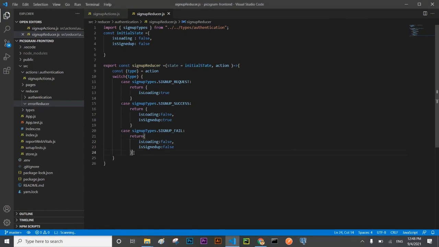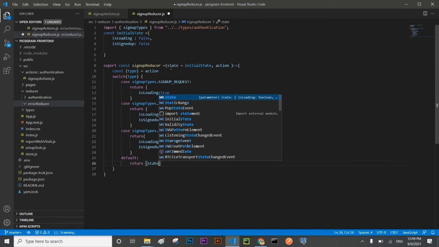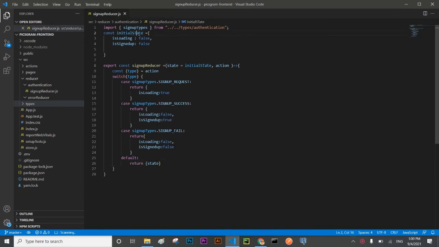If no case will match, then there will be a default case. What it will return? It will return the state that will be the initial state. It is smaller t instead of the capital T,